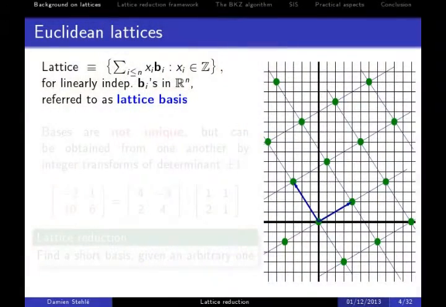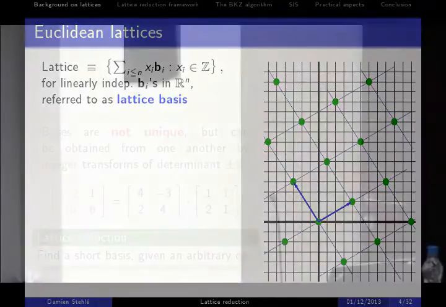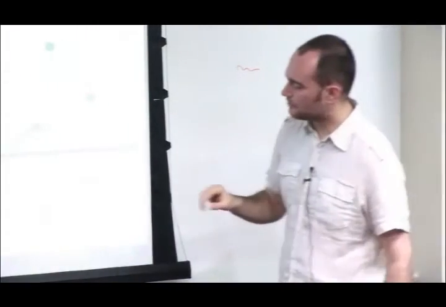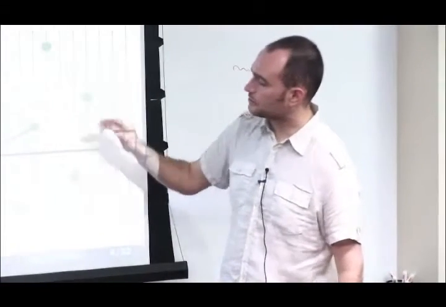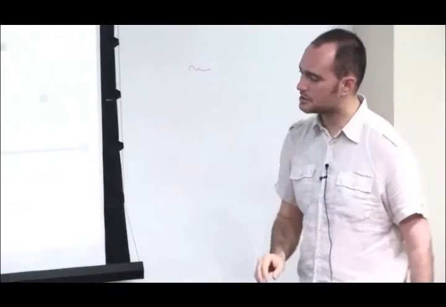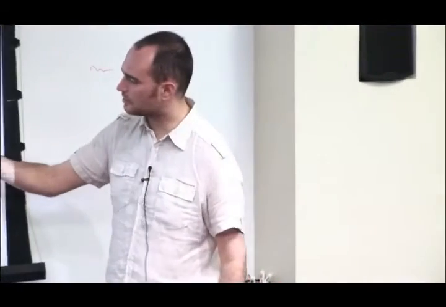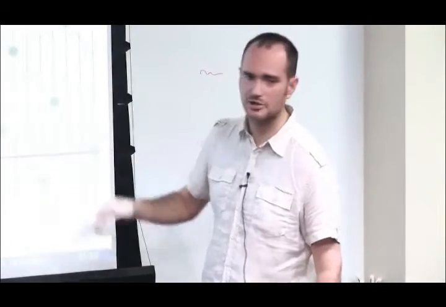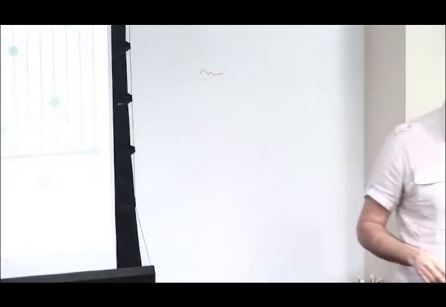Okay, so here is the first lattice of the day. It's a set of green points, a regular set of points in dimension 2. They form a lattice, and these lattices, even in dimension 1, are infinite. So you have an infinite number of points. And to represent them, obviously, you don't represent the list of the points.